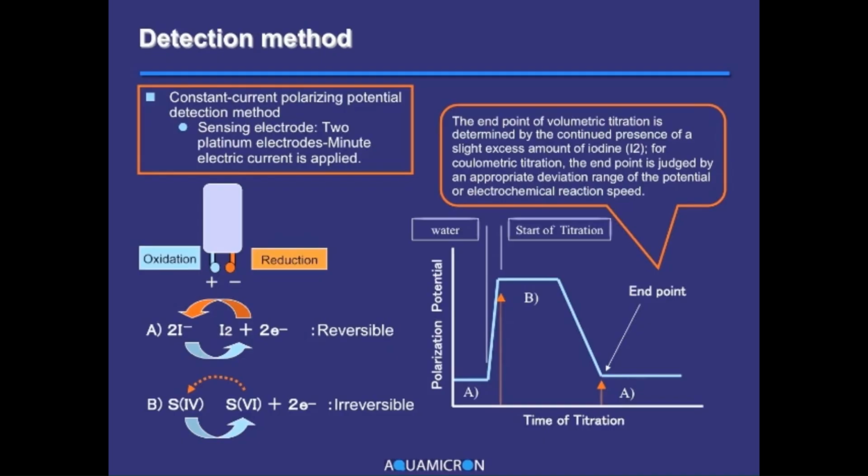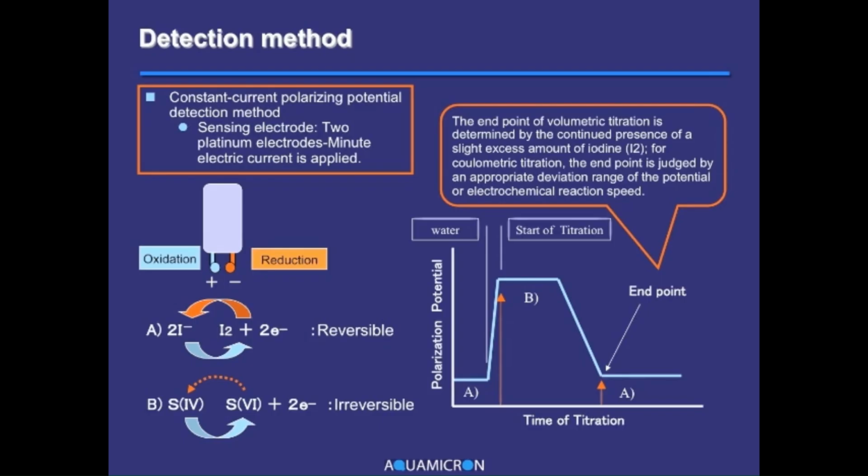I think you may understand the shape of the titration curve in this graph. Look at the relation between this shape and the reaction schemes A and B. While the x-axis and the y-axis, respectively, show the elapsed time of the operation and the polarizing potential, the voltage to keep the constant electrical current, the polarizing potential is rather low before the injection of water, because reaction scheme